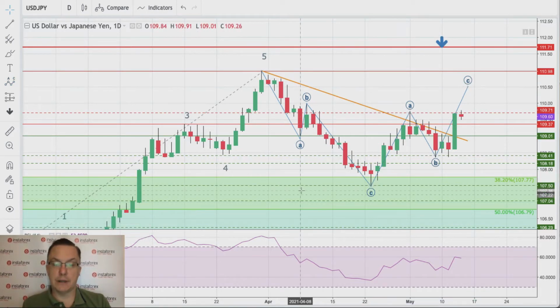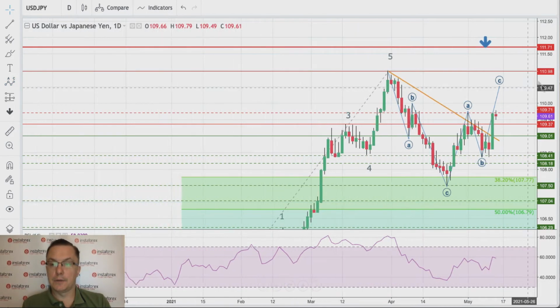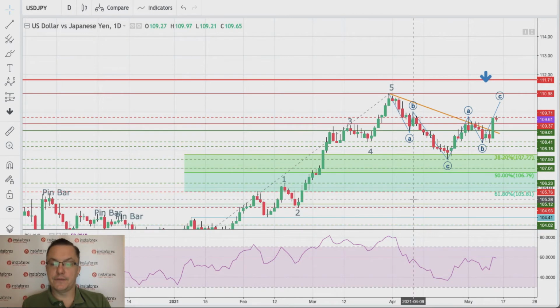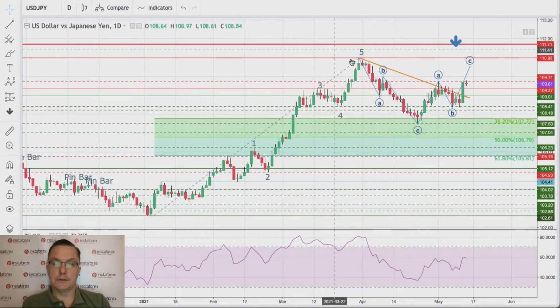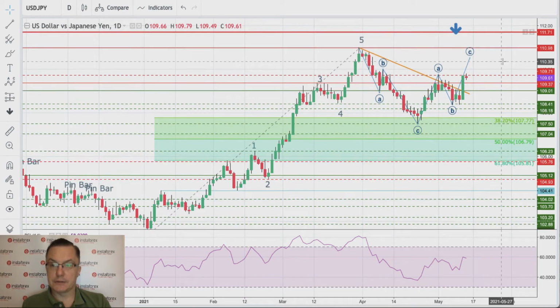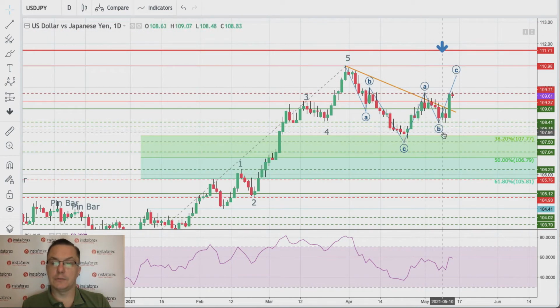Please notice that we are still trending up. This is a very nice impulsive wave to the upside. We have a correction towards 38%, and now this count might be the beginning of a new impulsive wave to the upside, or it might be a continuation of this correction, which is why for now I will label it as ABC. But please pay attention to this count, because it might change to 1 or A, 2 or B, 3 or C.